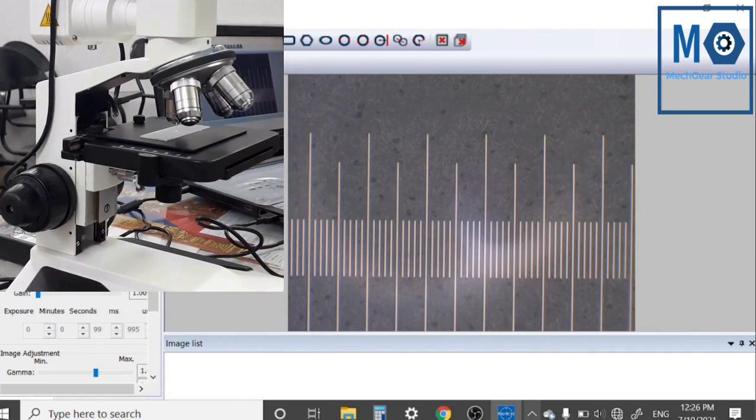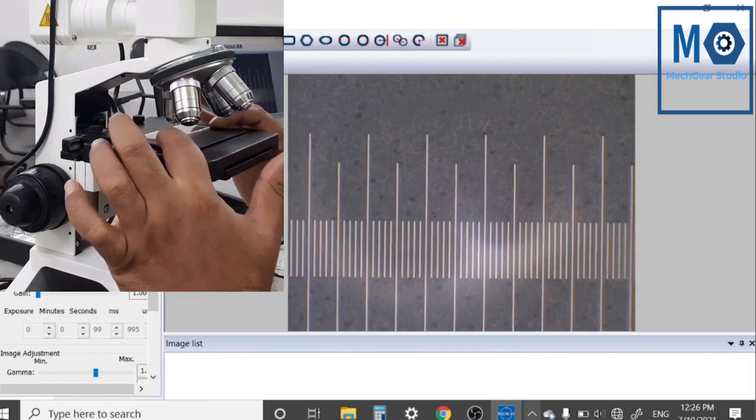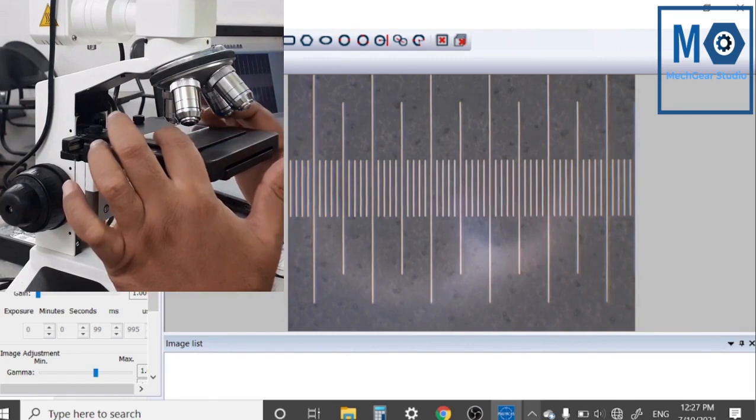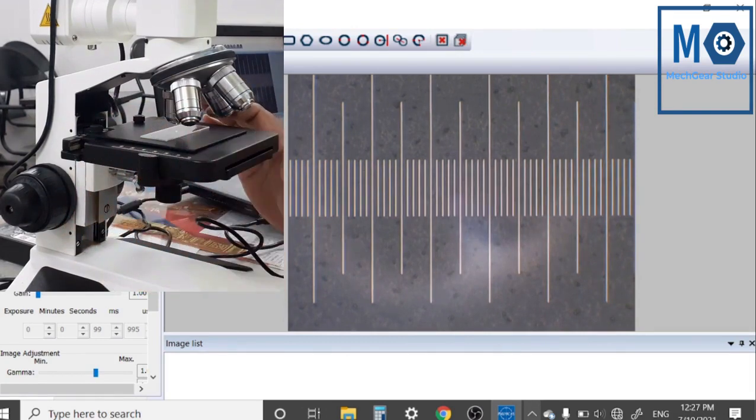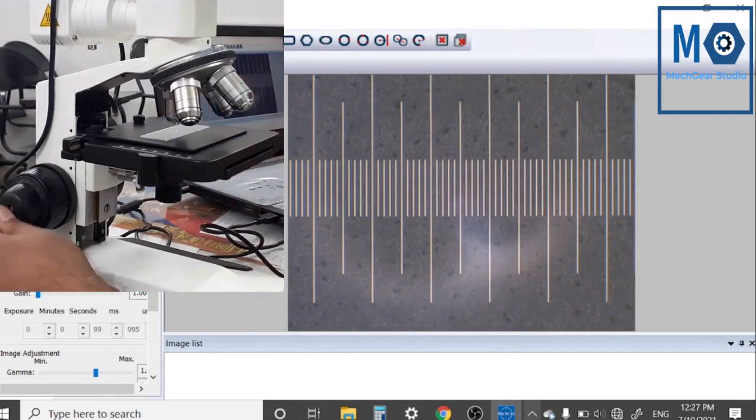Still it is slightly inclined from vertical. So again we will adjust this division exactly vertical. Right now it is okay.